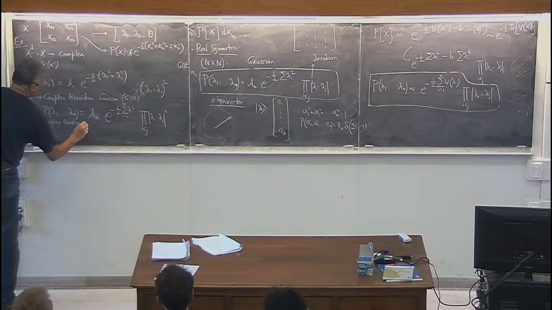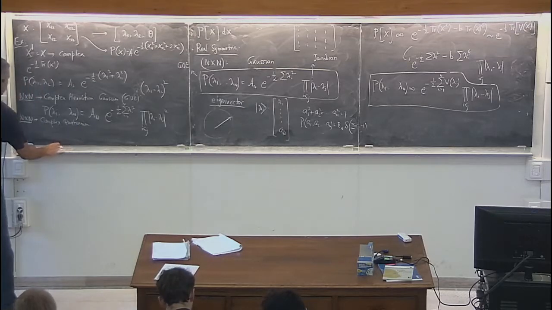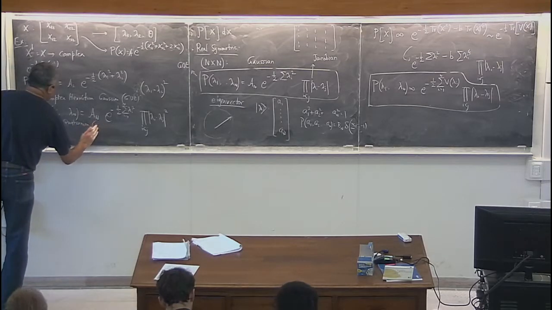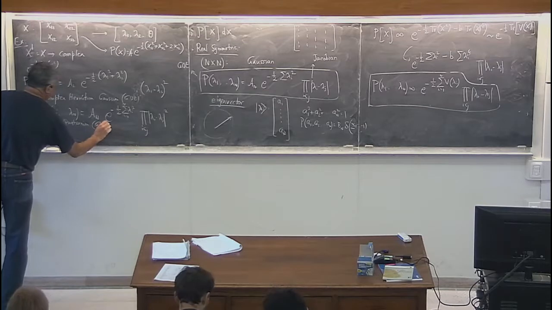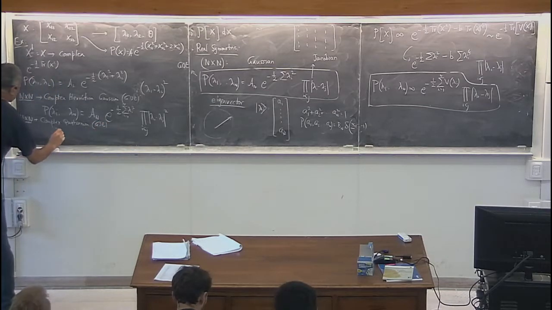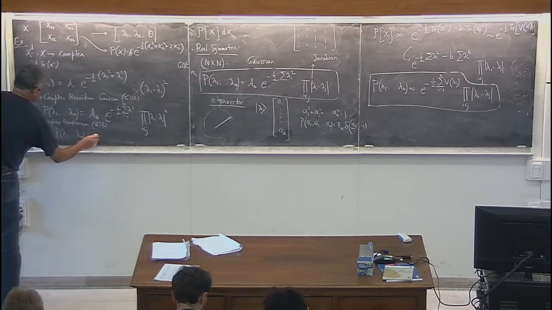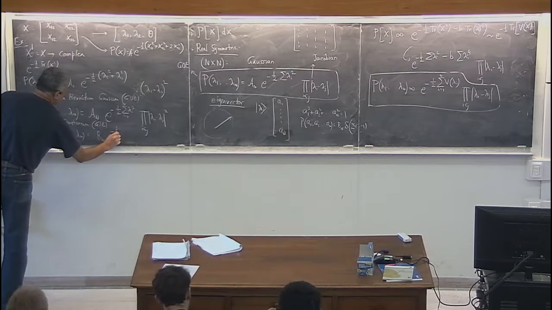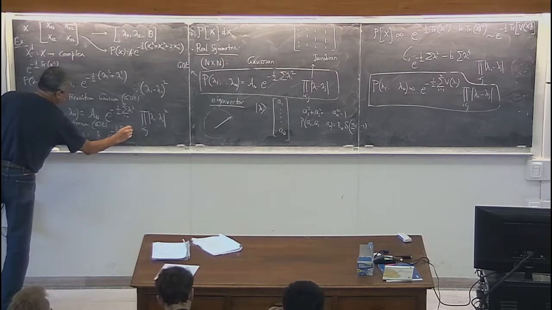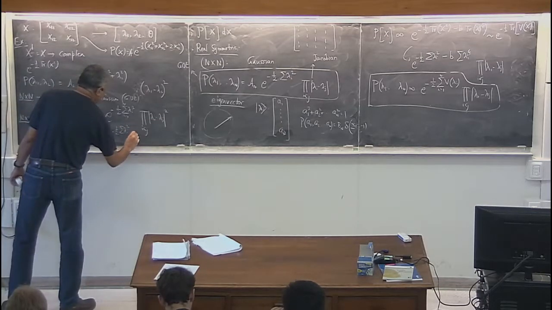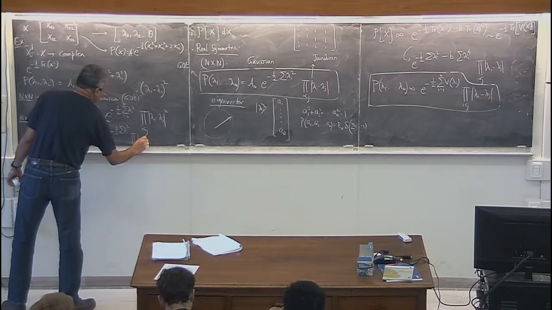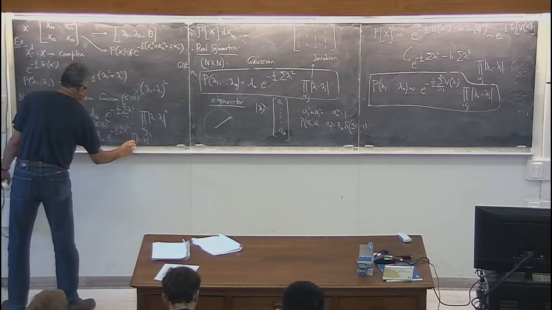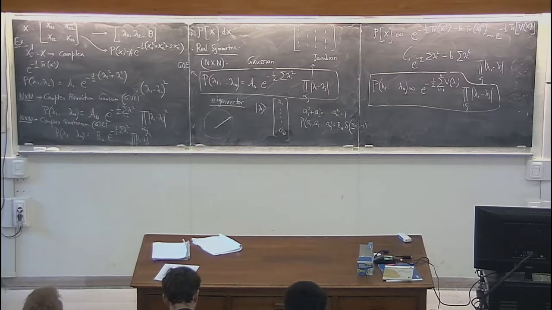There you will find that the joint distribution of eigenvalues, again up to some normalization, now just becomes to the power 4. So the Jacobian just becomes lambda i minus lambda j to the power 4. Okay. So therefore, for all these three standard Gaussian ensembles,